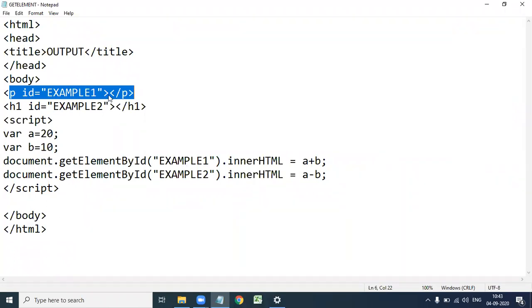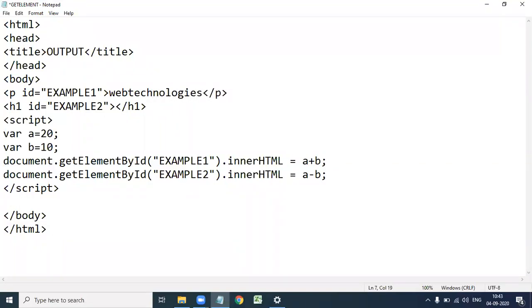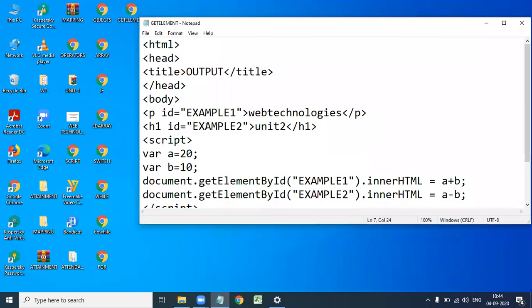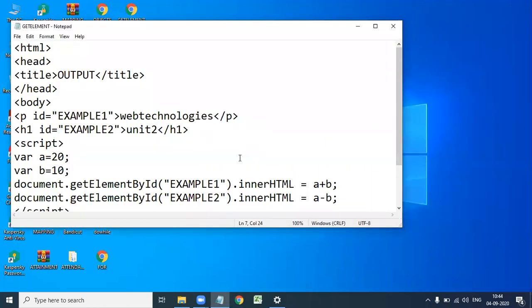Suppose here we give the paragraph as web technologies, and the heading tag as unit 2. What is the output of this program? One of you respond in chat box. After executing this HTML page, what is the output?